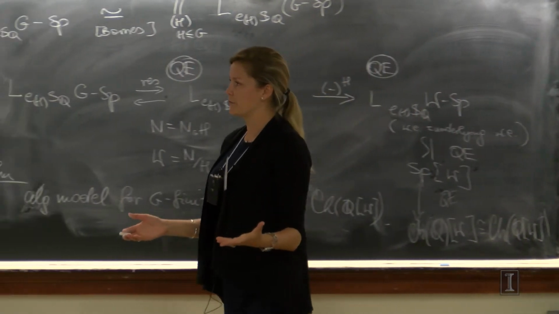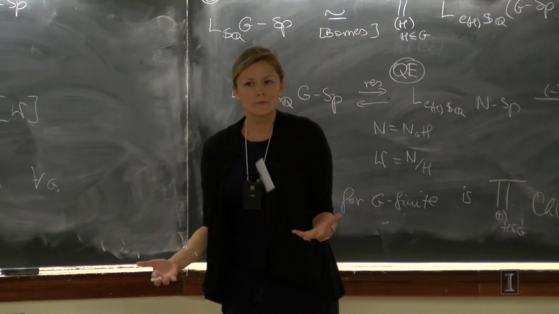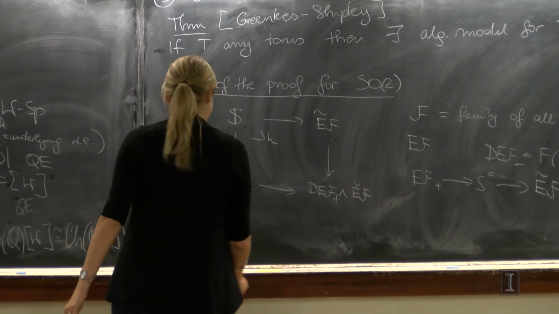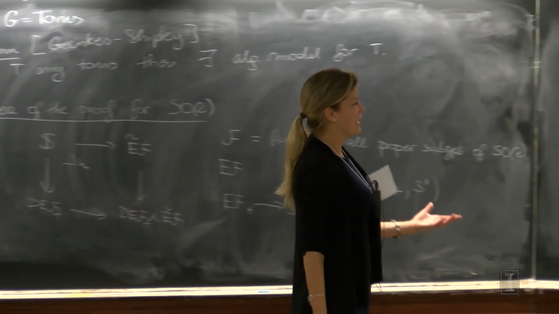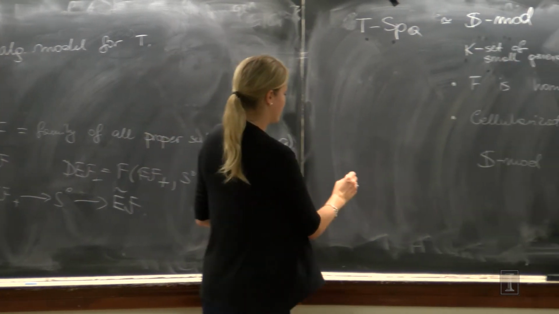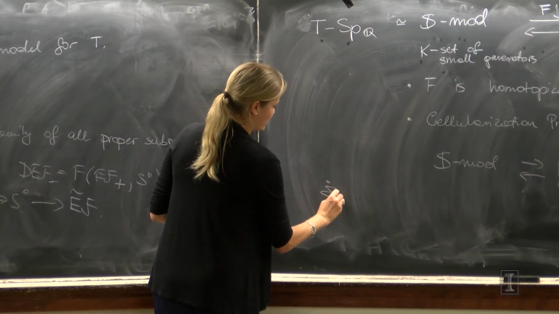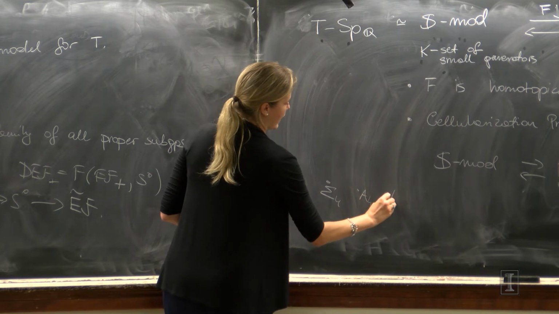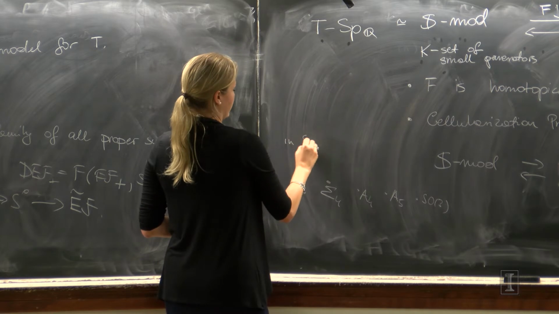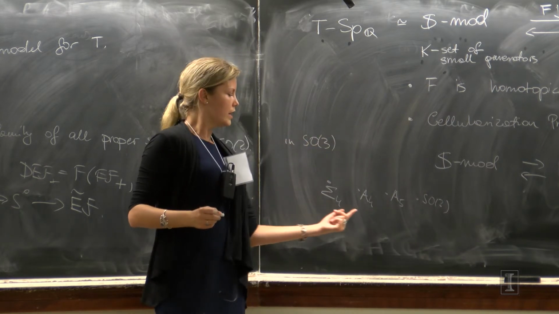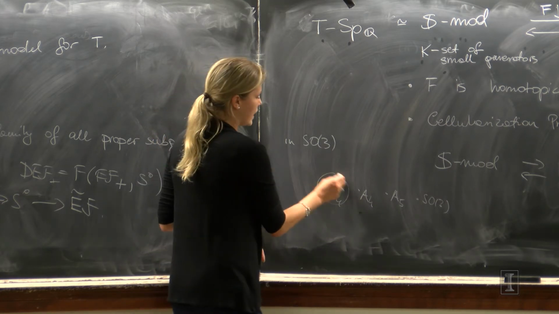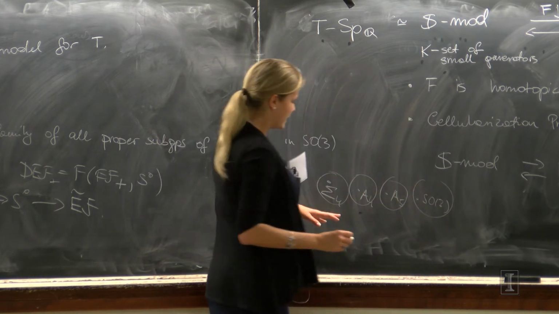The other part of what we can do for general G: there are certain subgroups, doesn't matter how big G is, there are certain subgroups, oh no, I erased the picture, which are really going to be behaving as if they were finite. So there was a nice picture here, which had those subgroups Sigma 4, A4, A5 in SO3, and those were subgroups in SO3. And those were idempotents for those subgroups in SO3, in the rational Burnside ring for SO3. Each of those had their own idempotent, and actually each of those had